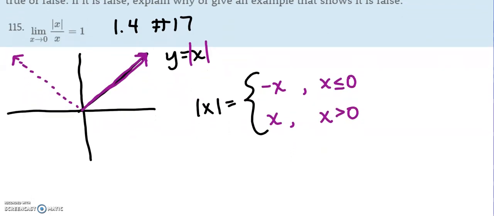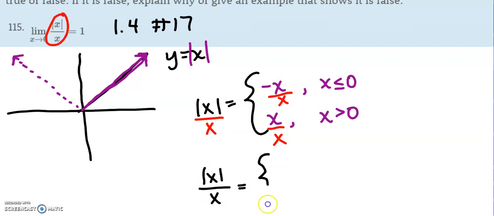All right, great. Well, Ms. Schwartz, this wasn't talking about anything with the absolute value of x. It was talking about the absolute value of x over x, and you are correct. So I had this function. Well, I'm going to change my absolute value of x over x, which means this has to go over x and this has to go over x. Okay, cool. Still looking for the limit as x goes to 0. Now I still get 0 over 0 and 0 over 0, and this isn't getting any better, but